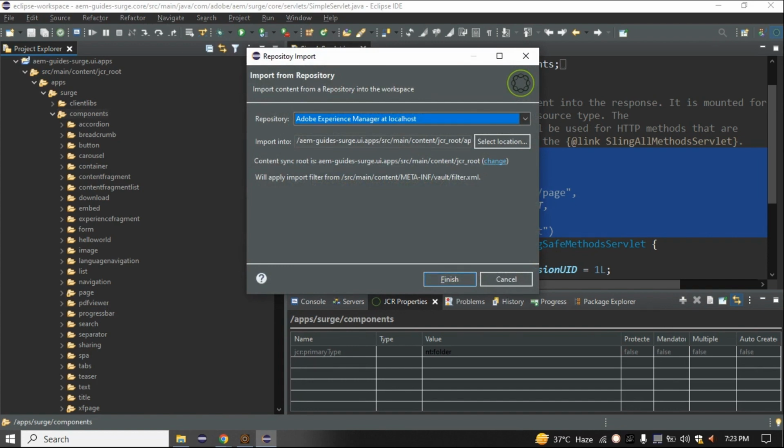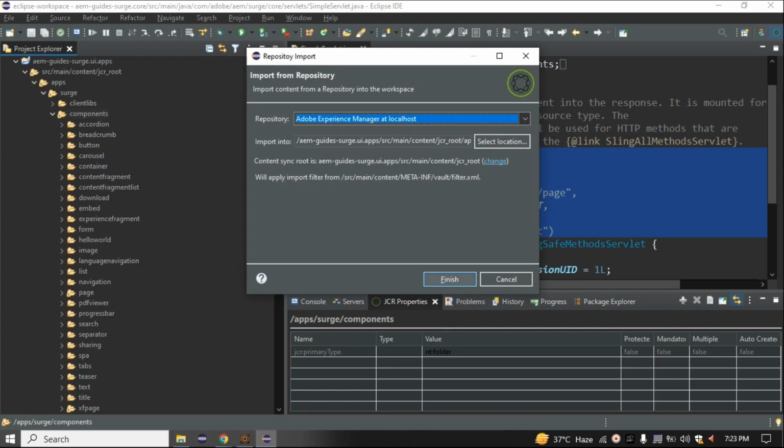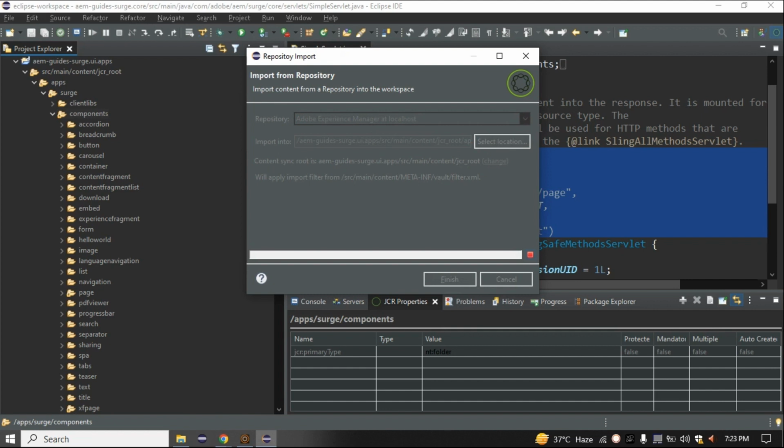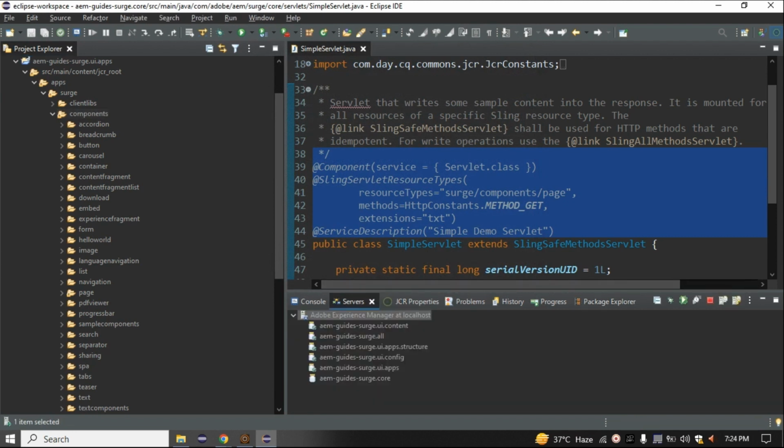That means what you are doing is importing the content from your server, that means your CRXDE. Just finish. Yeah, so now it's done, but in my case it hasn't shown any exceptions or